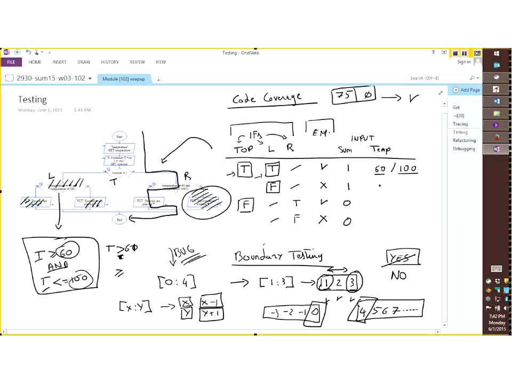What about the next line, where the left if statement is false? Well, again, I could use a lot of different values, but what I want to use, based on the principle of boundary testing, is the first value that's going to cause a problem for the lower bound, and the first value that's going to cause a problem for the upper bound. And now you should get the idea of what we're doing here. Okay, so I'm going to go now to the part of the table where the top if statement is false, meaning summer has been set to 0.